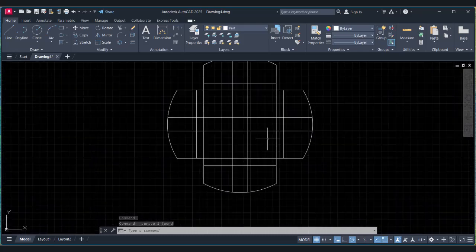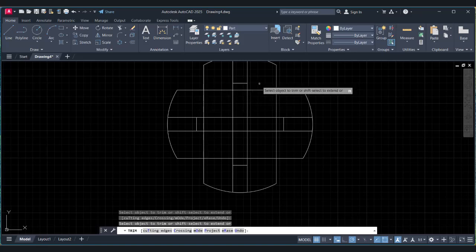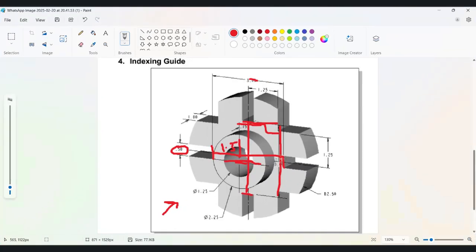And next, this line is the cut line, so I'm going to just remove this one, and remove this one, this one, this one, and this one. And then if you see which we need and which we don't need, so till this point we need and these lines we need, and the rest of the internal lines we don't need.